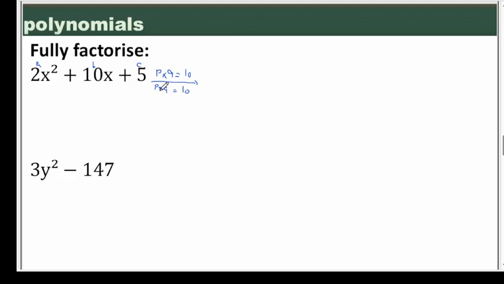do the full factorization with integer common factors. But I can find real numbers. To find the real numbers, to write this expression in factorized form, I use this formula. I will find P and Q as real numbers, not integers. So I couldn't find any integers that multiply to 10 and add up to 10. So I go for real numbers and use